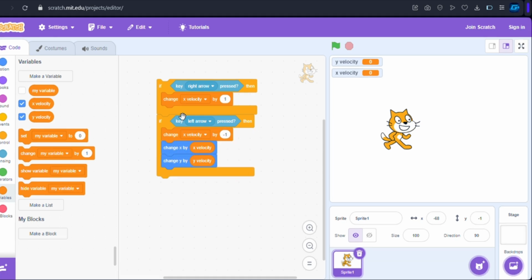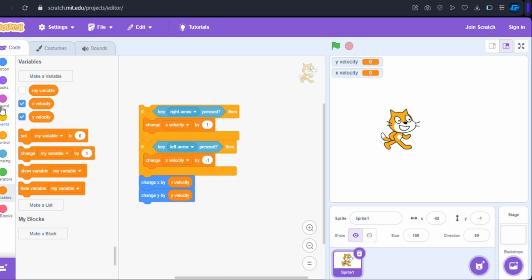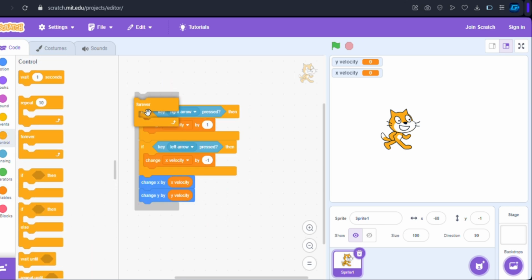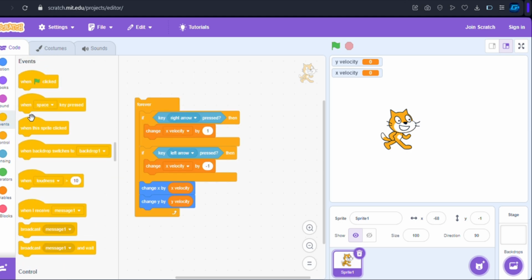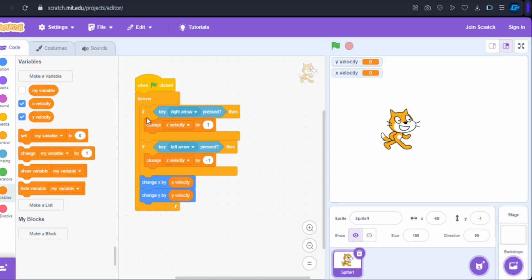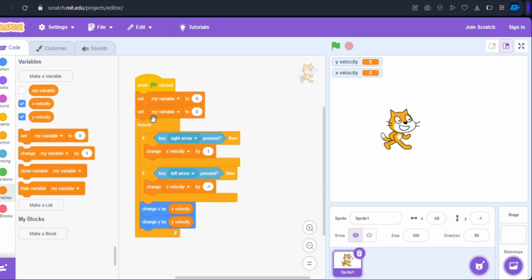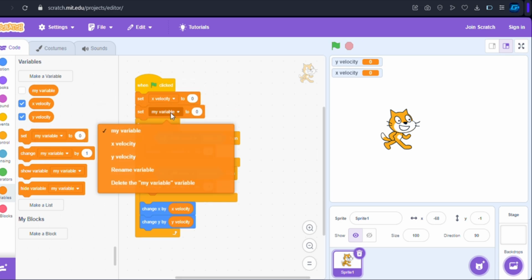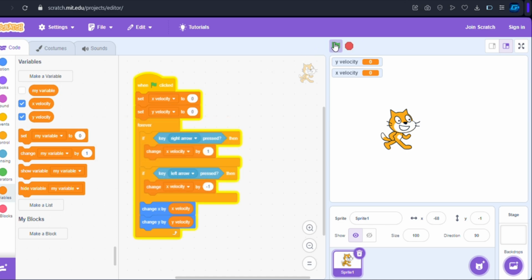Now just throw this code together, put a forever loop around it, and just give it an event. Then just go into variables. When the green flag is clicked, set x velocity and set y velocity to 0. Now your movement is pretty much done for the x-axis, but you may notice that the character, instead of running,